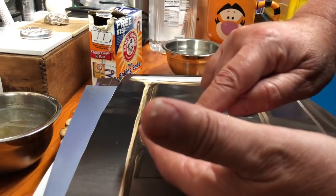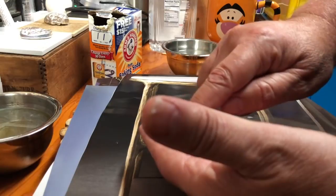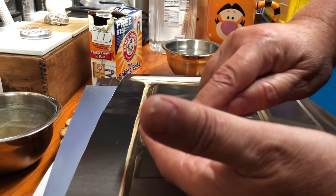Okay, I'm going to go really light on the queen. Maybe a little more on her crown and a little lighter on her